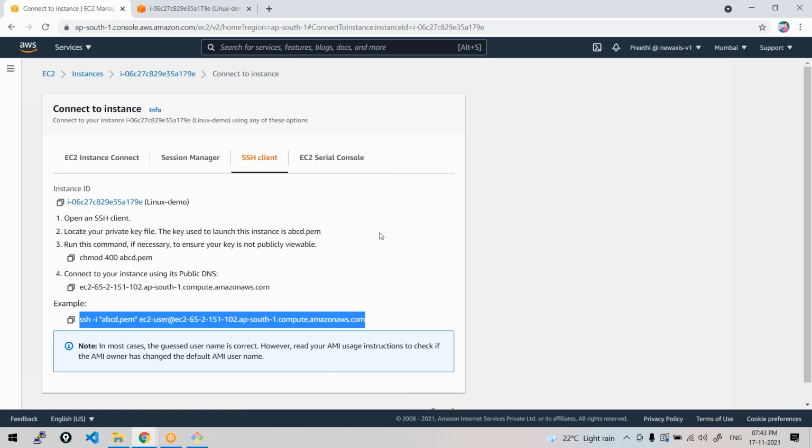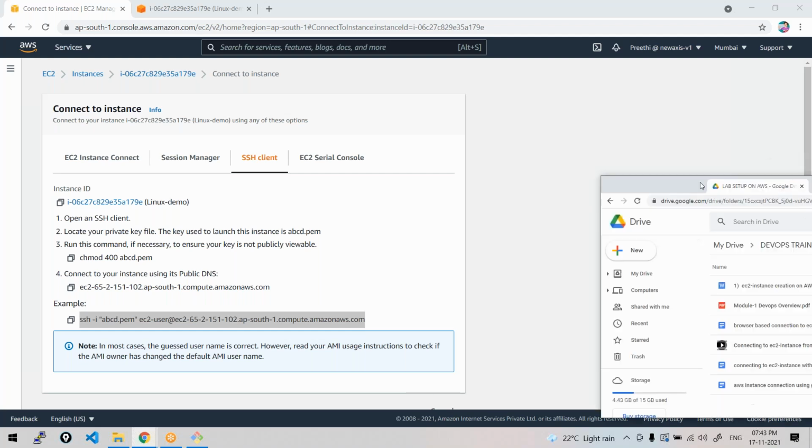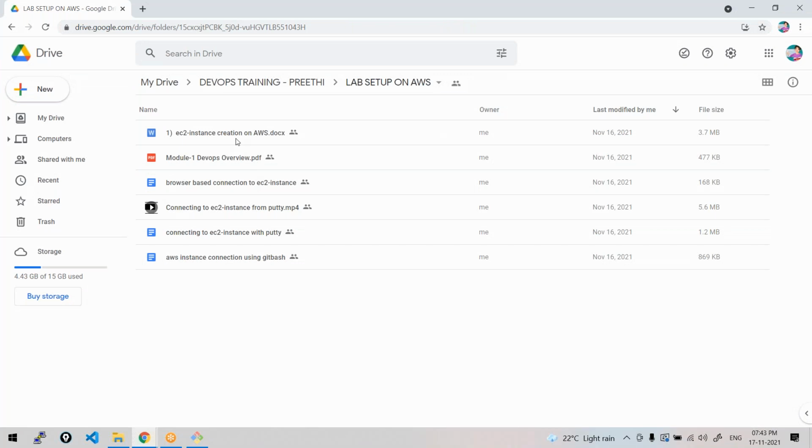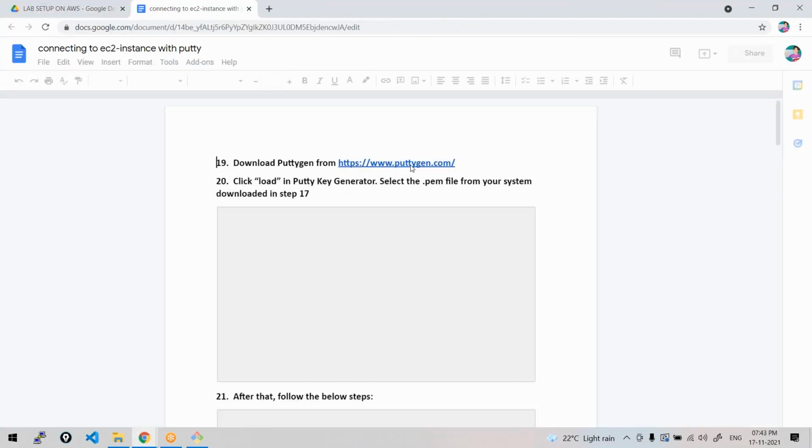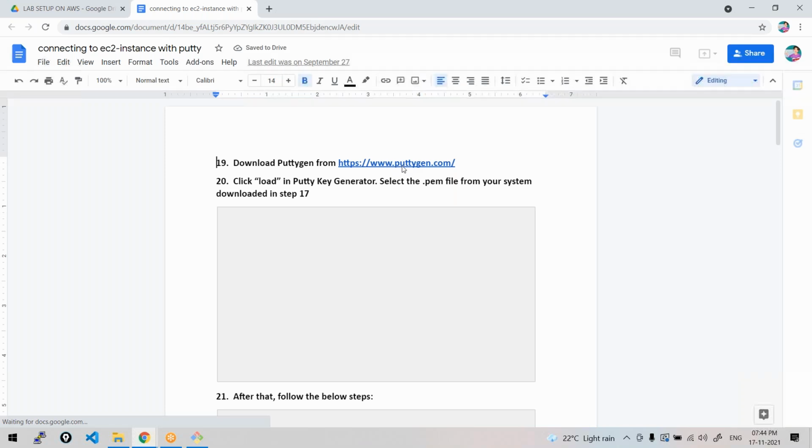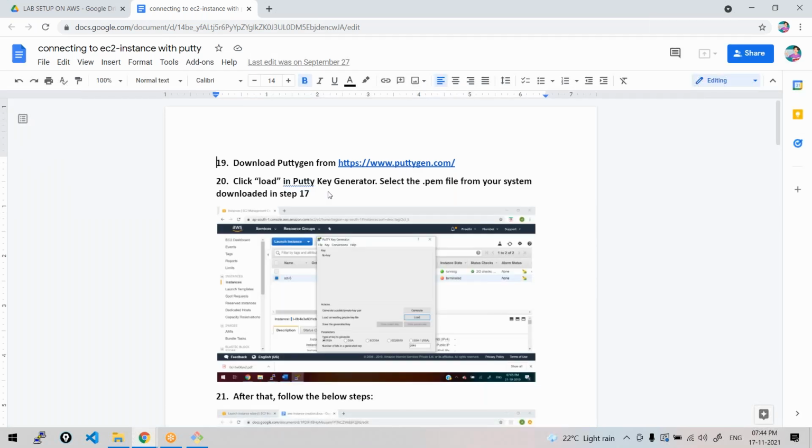Just have your PuTTY downloaded, and how to download PuTTY, these commands are available for you. This folder is available for you, right? If you go to connect to EC2 instance with PuTTY, you have all the steps here. First, you need to download PuTTyGen and also PuTTY.